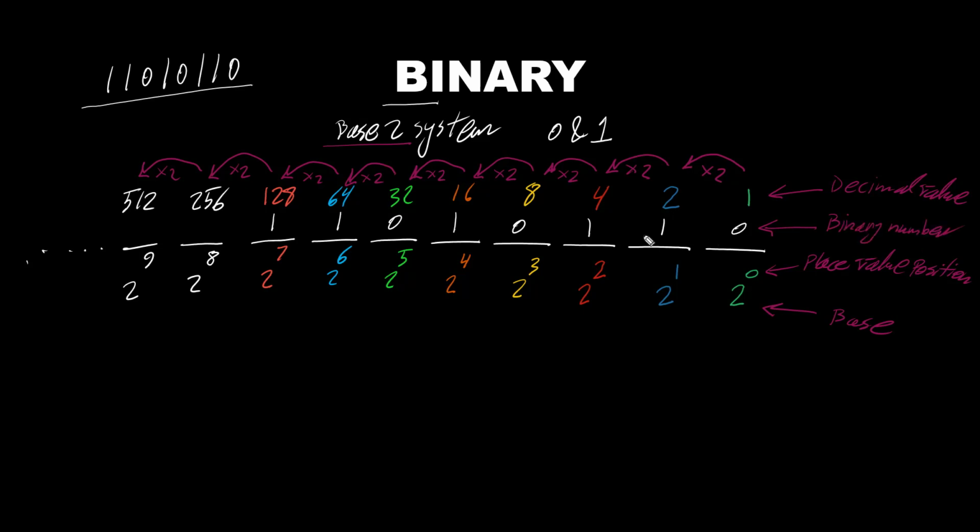Okay, so what is this binary number? Let's say if we want to convert it to a decimal number system, what do we have to do next? So if I put it in simple words, we just need to add the ones that are already being turned on. In this case, 128 being turned on, 64 turned on, 16 turned on, 4 and 2 turned on. So we just need to add 128 plus 64 plus 16 plus 4 plus 2, and that's our decimal number for this binary number. Or in other words, it's basically 1 times 128 plus 1 times 64